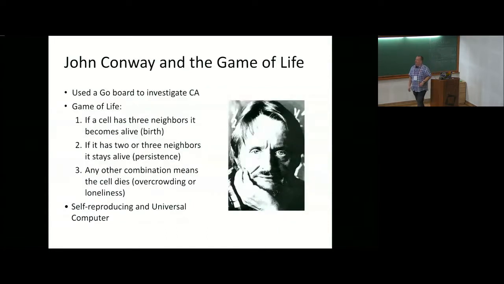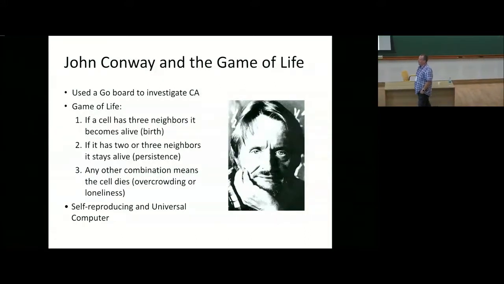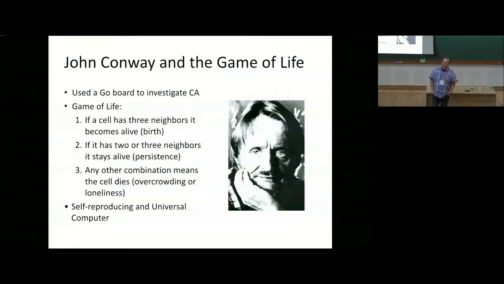So along came a guy named John Conway, and John Conway wanted to play around with these cellular automata, right? He was intrigued by them, and he came up with this idea of something called the Game of Life. The Game of Life is probably one of the simplest cellular automata that exist, but still has amazing amounts